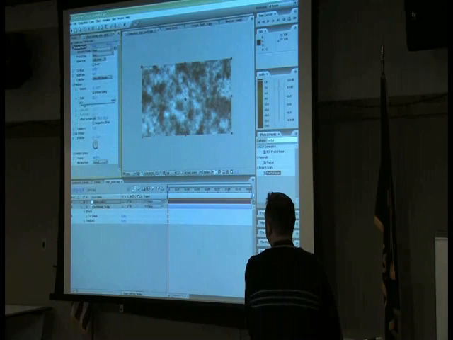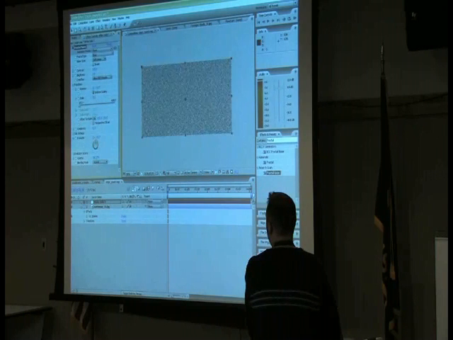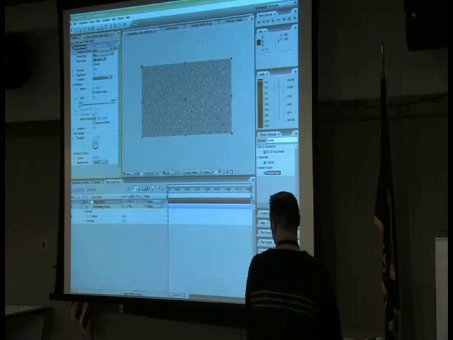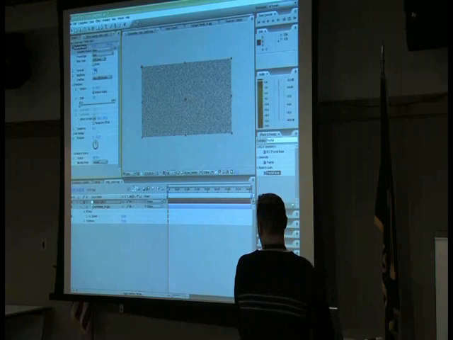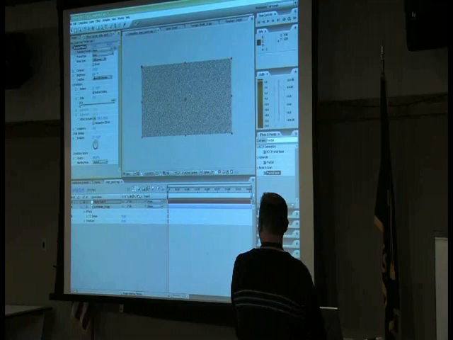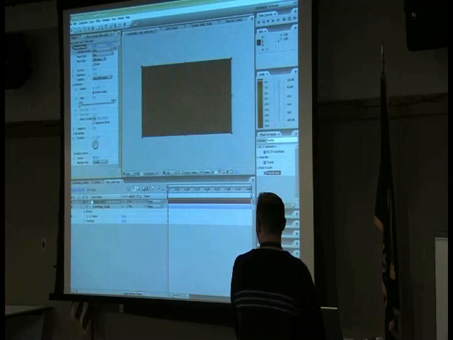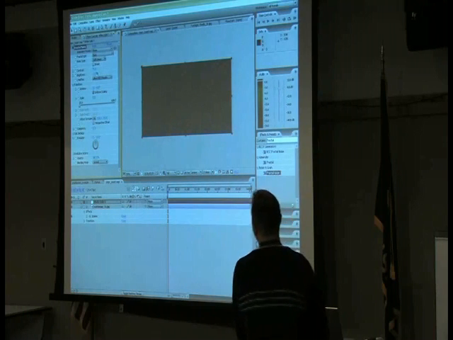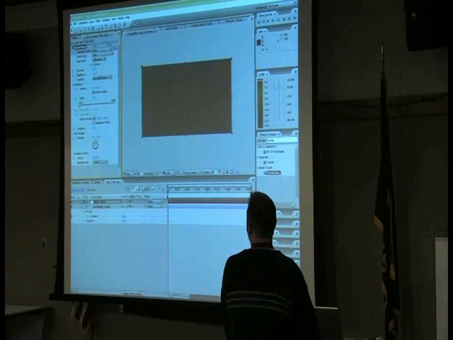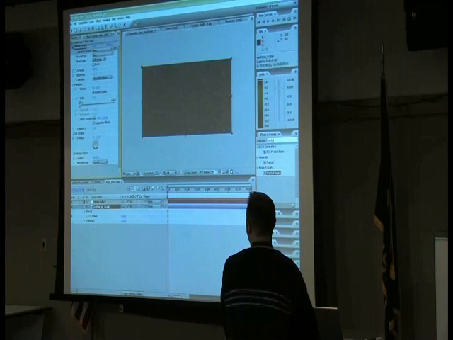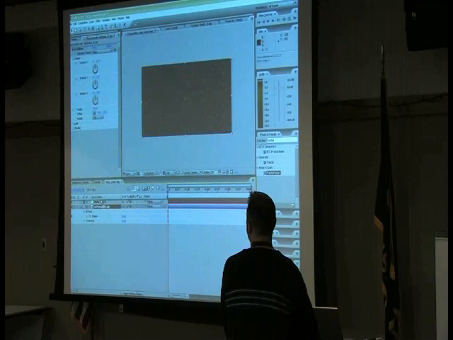So I'm going to take my scale and run it down to where it kind of looks like a really fuzzy TV set. Then I'll go in here to my contrast, and I'm going to run it down a little bit. I'm going to take my brightness down. It's kind of hard to see here, but you might be able to get the idea. And then I'll just adjust my brightness a little bit more, so it looks a little more like space. And then when I take my earth layer and put it on top,